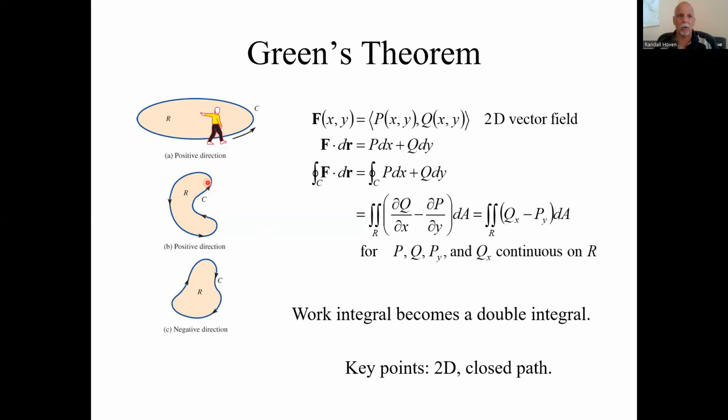direction is counterclockwise around the region. If your path is counterclockwise, this will give you a positive answer. If you wanted the path to go clockwise, it's just the negative of this. Shouldn't say it gives you a positive answer. This might turn out to be negative, but it means the work integral going in the counterclockwise